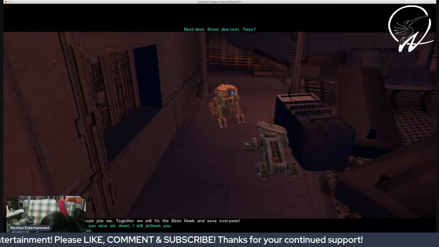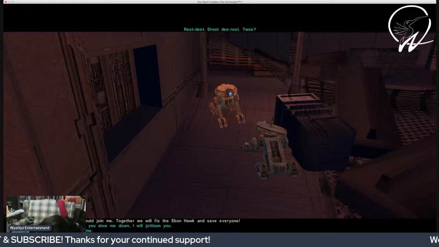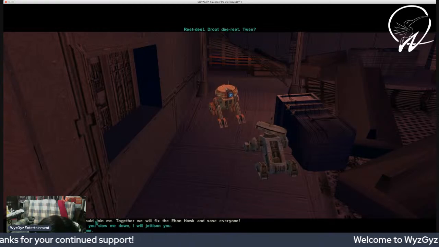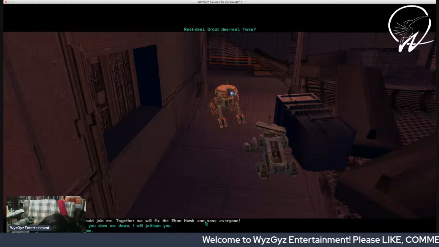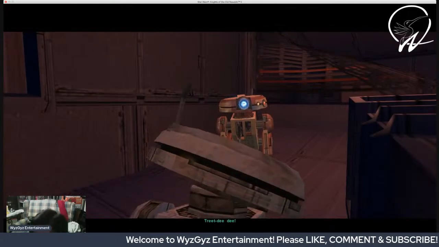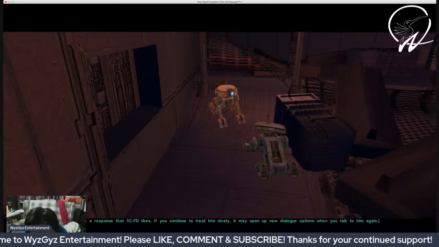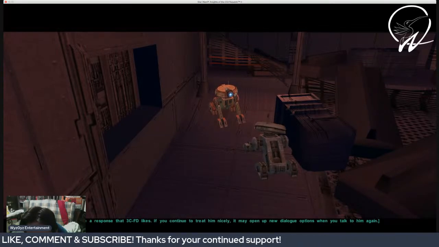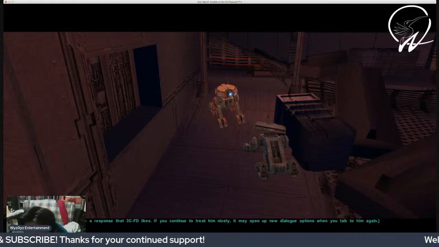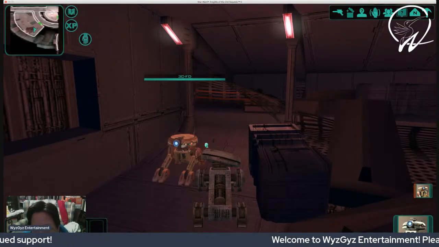Yes, I would love it if you would join me. Together, we will fix the Ebon Hawk and save everyone. Follow me if you wish, but if you slow me down, I will jettison you. No, I don't want you to join me. First option. You chose a response that 3CFD likes. If you continue to treat him nicely, it may open up new dialogue options when you talk to him again. I can't remember if the original...